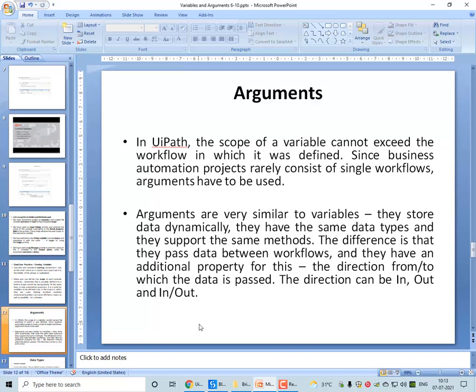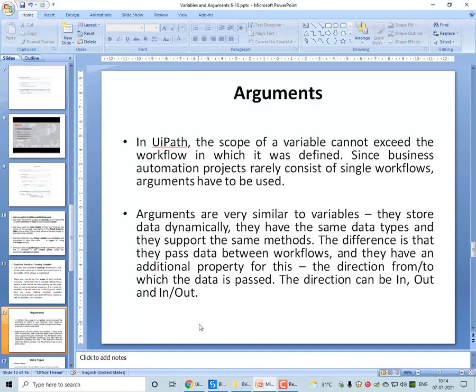They are used to store data dynamically, they have the same data types, and they support the same methods as variables. The difference between them is that arguments pass data between workflows, whereas variables cannot, and they have an additional property for this.